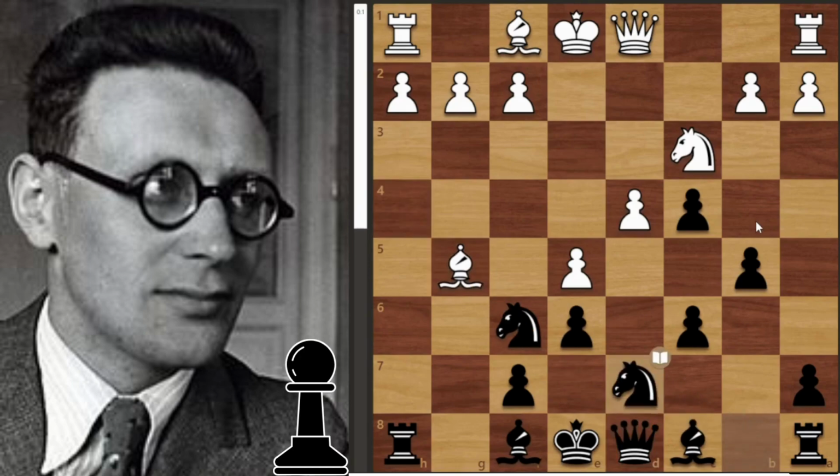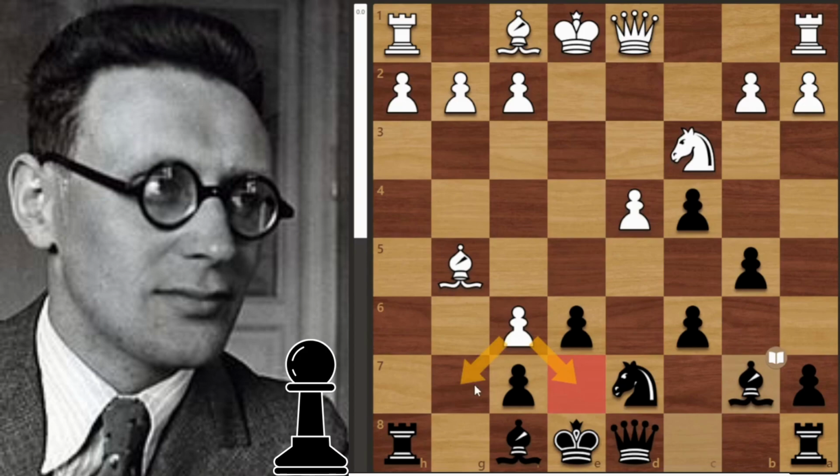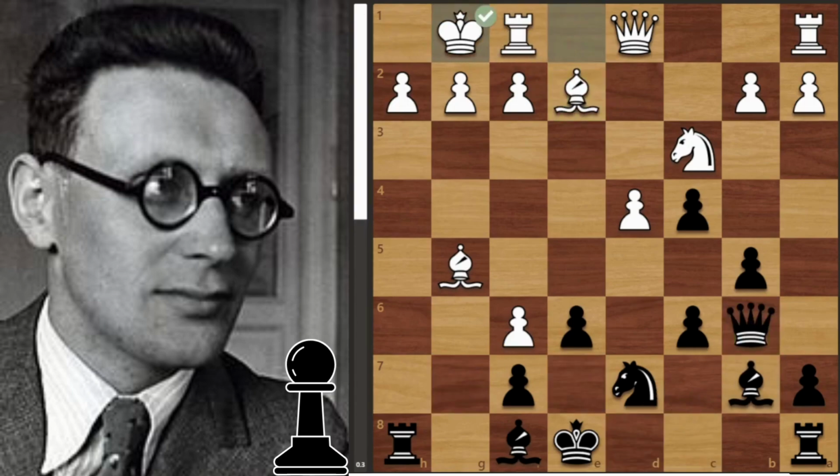Now we get e takes f6 and bishop to b7. So here we see Denker is up a pawn, and he's got a nice little pawn here in this position. So seemingly you would think Botvinnik's on the back foot, but no, we're in theory here. Well, this is modern theory. At the time it was not. We get bishop to e2, we get queen to b6, we get long castles by Botvinnik,